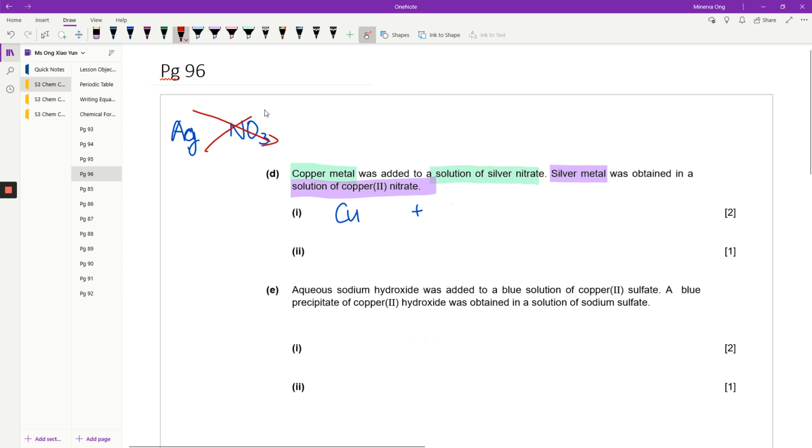No numbers to bring down, right? So this means the formula is AgNO3. Then, I did not give enough space for the state symbols later. Silver metal Ag